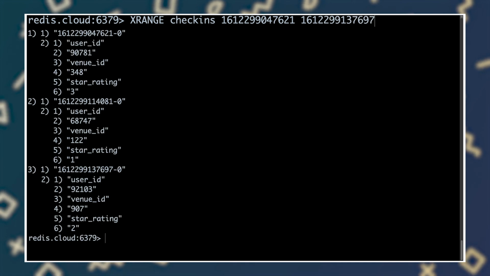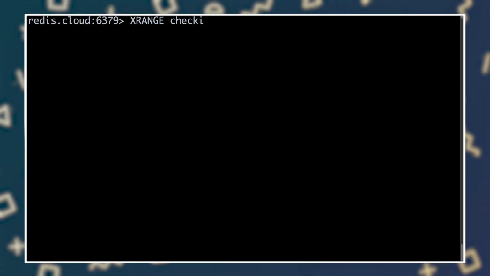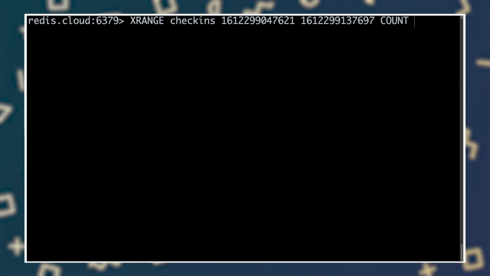Now that we have check-ins flooding into our stream, it's time to think about how the business can make sense of them. As Redis assigns each entry a timestamp-based ID, one way that a consumer can view the stream is as a time series. Here, we're using the xrange command to read entries in the check-in stream that fall between the specified start and end timestamps. Xrange returns each entry whose ID falls within the specified time period. Entries are returned in order, with the oldest first. To limit the number of entries returned, we can use the optional count modifier.